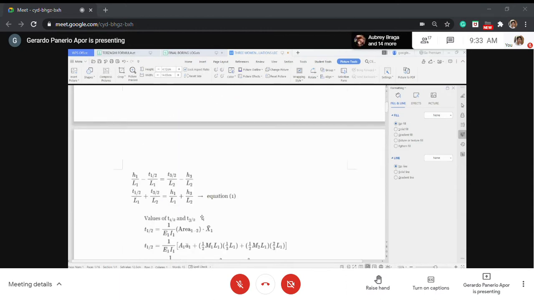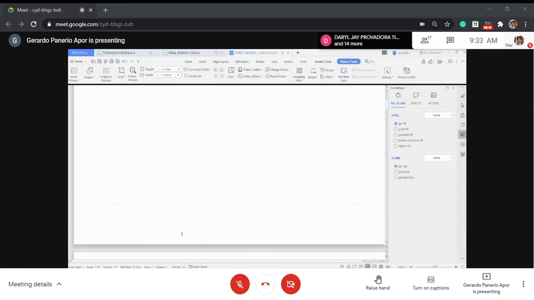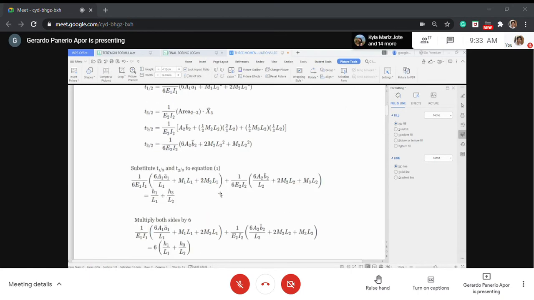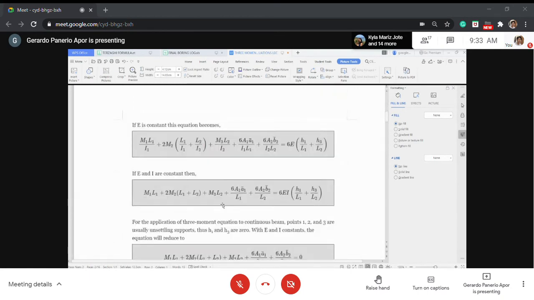Well, this equation is just taken from this compatibility equation. So this is now what I mentioned a while ago, that it came from the area moment method. So basically, the M1 and M2 are just assumed to exist, but they are really the unknowns in your equation. Okay, so much of the equation, we proceed directly